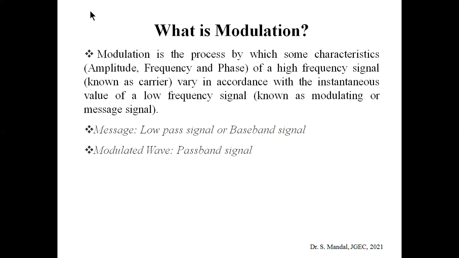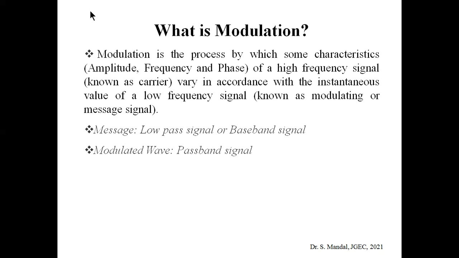Okay, so coming to the technical or formal definition of modulation. We can say that modulation is a process by which some characteristic of a high frequency signal, the different characteristics being amplitude, frequency and phase, can be varied according to the instantaneous value of the message signal or low frequency signal, which we can also call the modulating signal. So that is the definition of modulation. As we already said, a message cannot be sent on its own from one point to another over a long distance. So for that purpose we need modulation. Okay, so what is modulation?